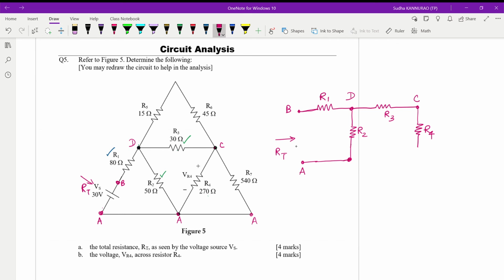My A is here. So I included R4. Then what do I see? From C to A is another resistor R7. Correct? So one end of R7 is to C, the other end of R7 is going to A.